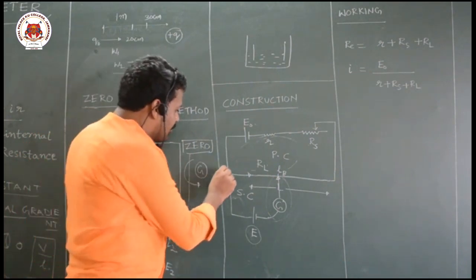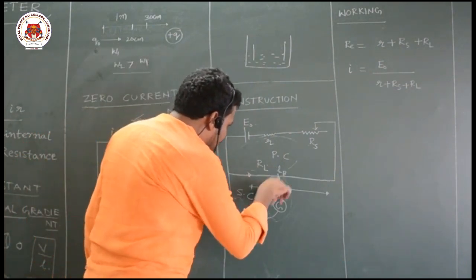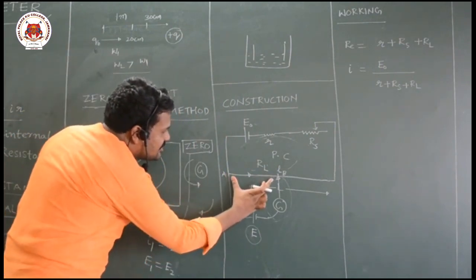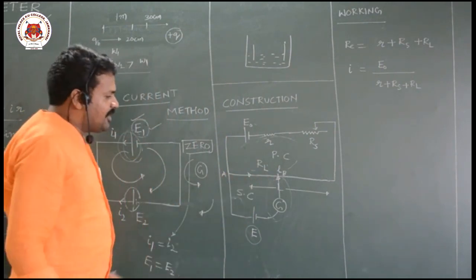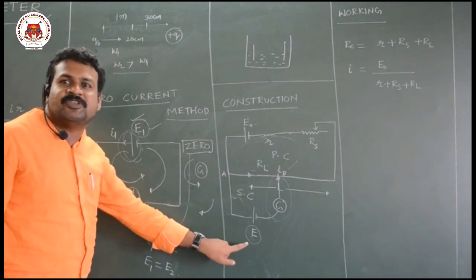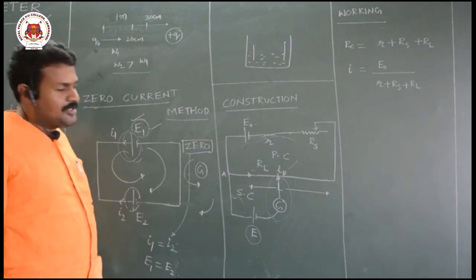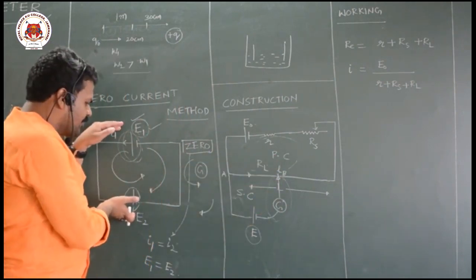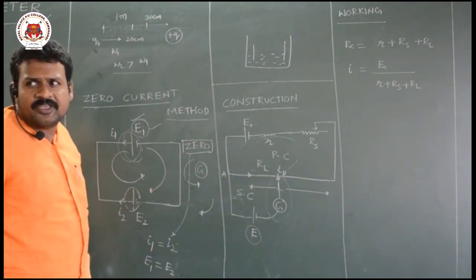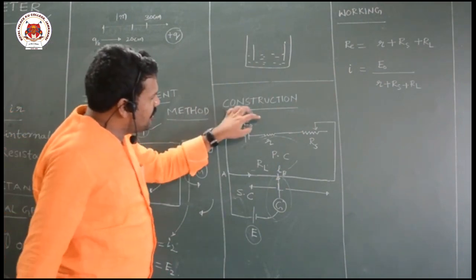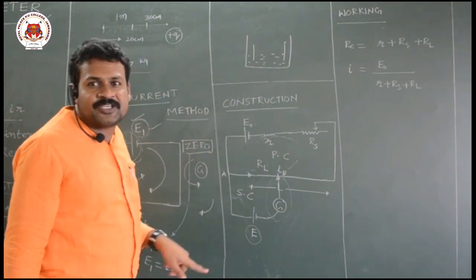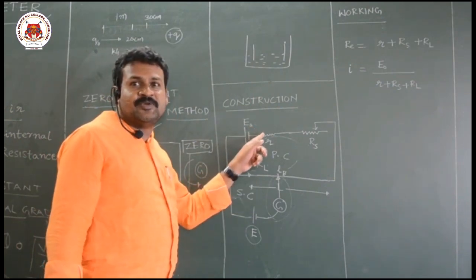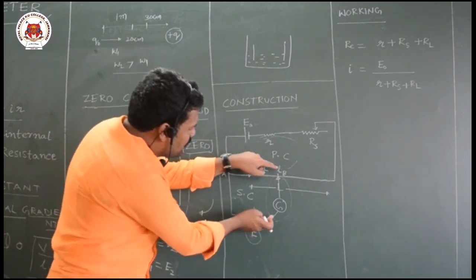So if this galvanometer shows zero deflection at point B, what you can write is that the potential difference across A and B must be equal to the EMF of the cell. This is the principle here. That's why current is not flowing here. Why is current not flowing here? Because E1 is equal to E2. Even in the case of a Wheatstone bridge, the galvanometer shows zero deflection when there is no potential difference between the two ends. So here there is no potential difference.